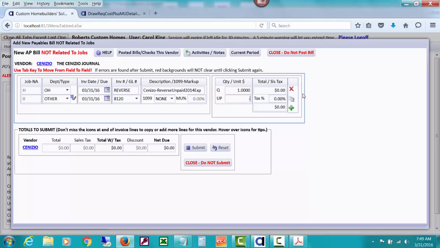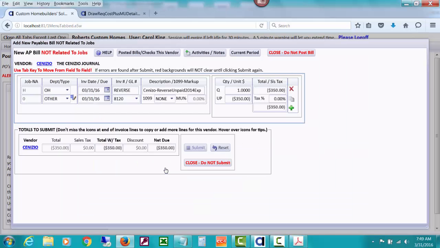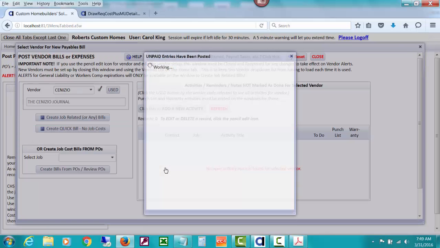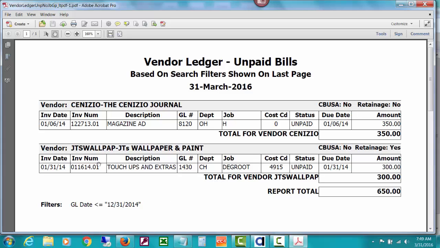So we'll do minus 350, and I believe that's all we need to do. And after we do the other one, we're going to post this as unpaid to pay later, and we're going to show how to get these cleared off of the unpaid list after we do that. So our other one was for JT's wallpaper,